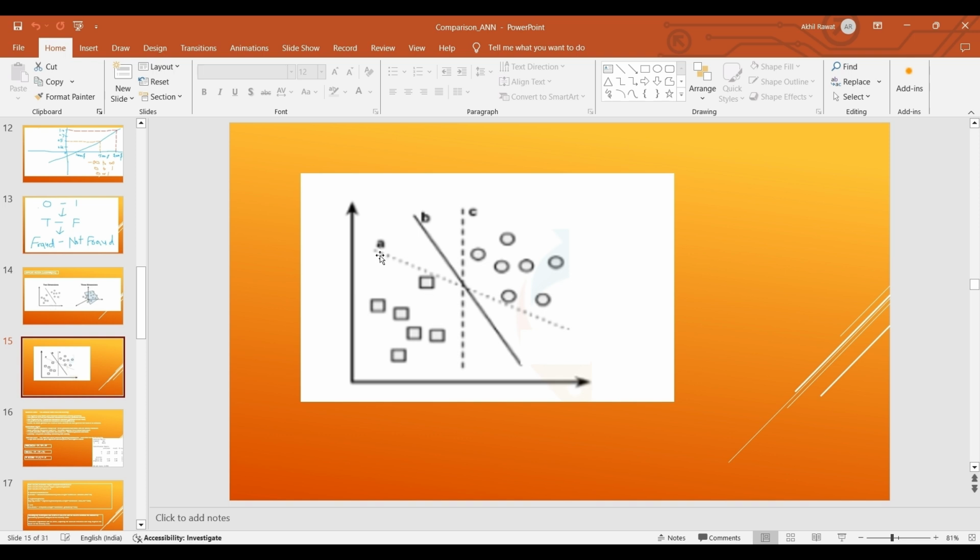You can see here A and C hyperplanes are very close to data. A is very close to this square. Similarly, C is very close to this circle. So whenever placing these hyperplanes, A and C are very close to the data, so that's why misclassification chances are more. The hyperplane should be placed in such a way like B,